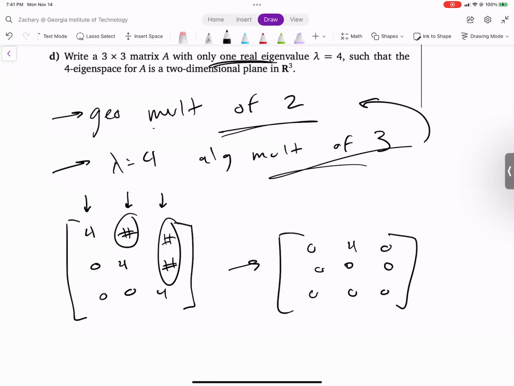A good way to remember the difference between algebraic and geometric multiplicity is geometry happens in space. It's a plane, it's a vector, it's planes, it's 3 spaces, 4 spaces. Algebra is numbers. Your numbers correspond to your eigenvalues, which correspond to your algebraic multiplicity. Your geometric multiplicity corresponds to your vectors in space. Yeah, I took A minus 4I to find the eigenspace.